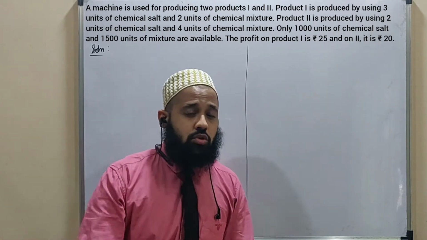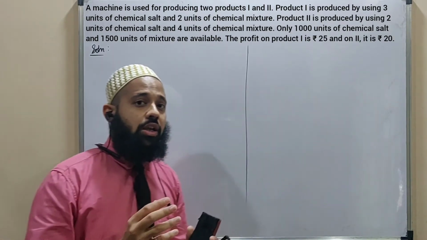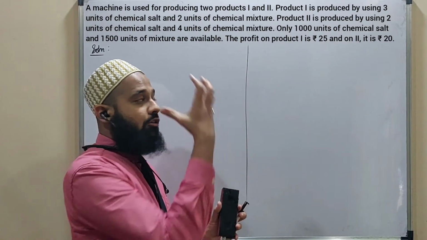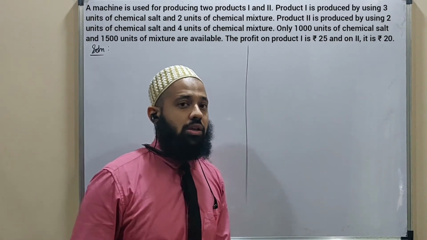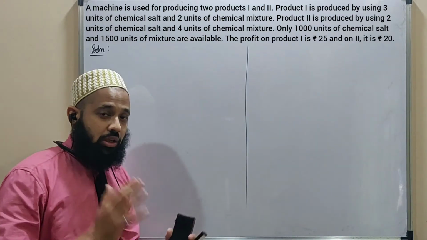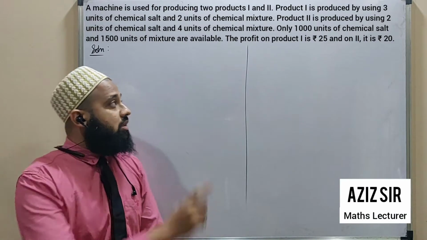In sums where we are not able to form a tabular, in those sums what we'll do is we'll try to pick up the statements from the problem itself and create the inequalities on the go, right? So for this problem, let us begin. See, identifying first of all whether there is maximize or minimize, this sum clearly states that